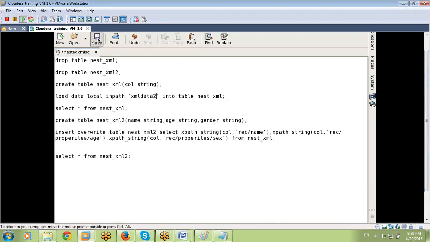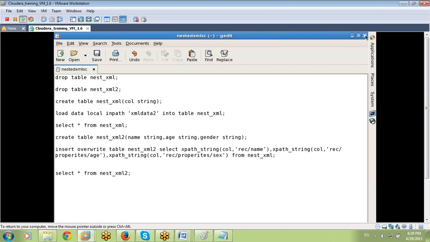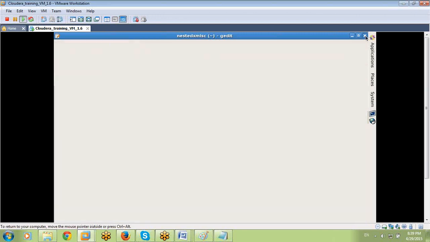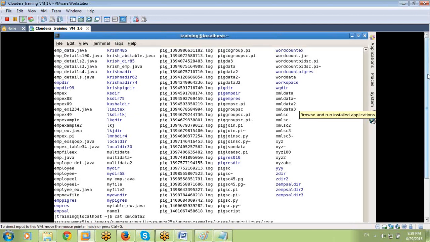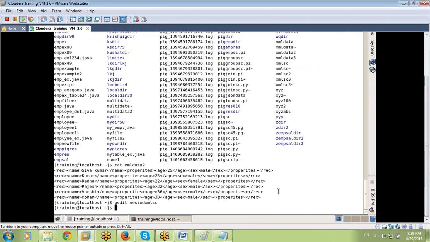Yeah friends, no confusion, right? Handling XML files. Close it. Now I want to run hive -f script name, nested XML script. Enter.